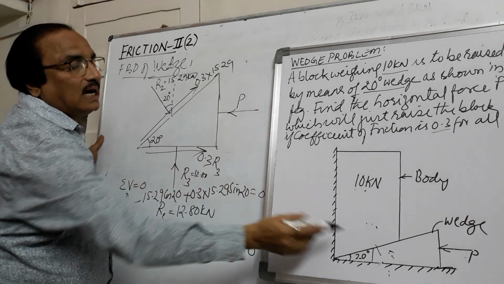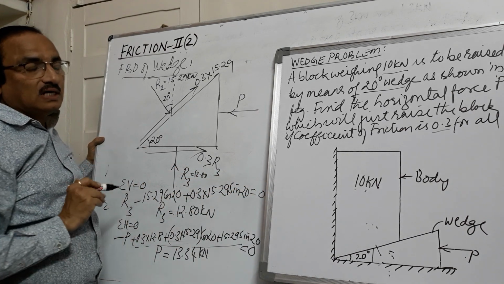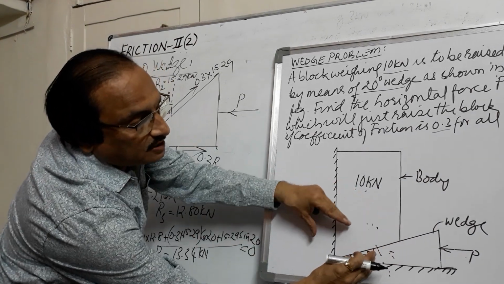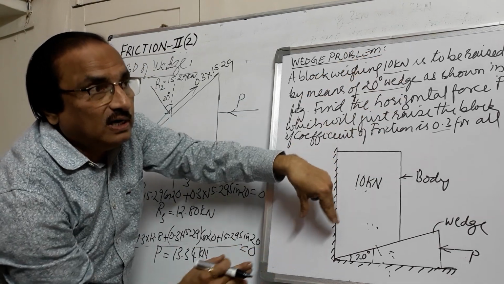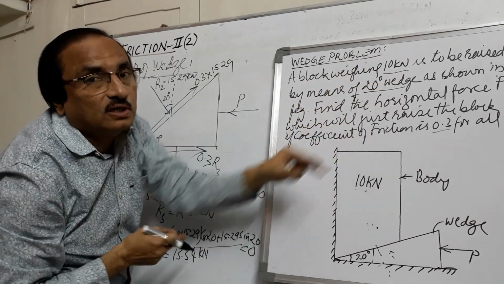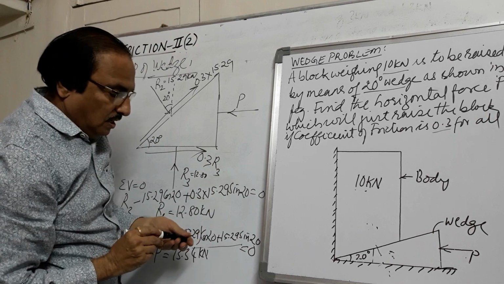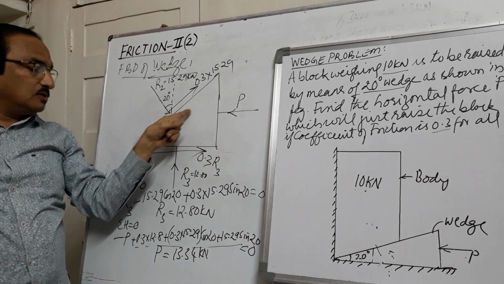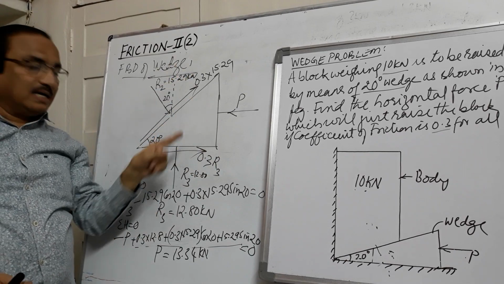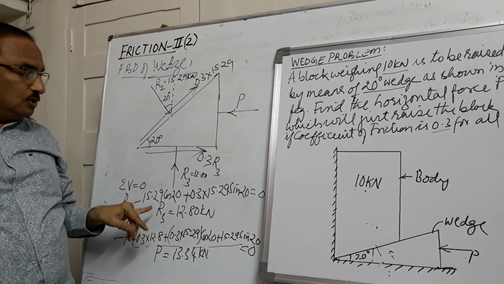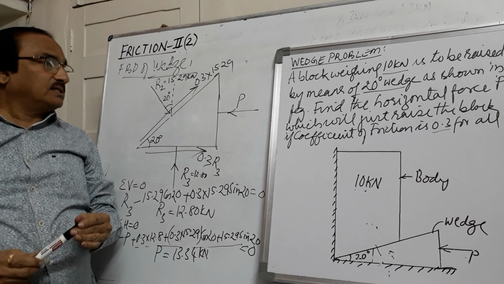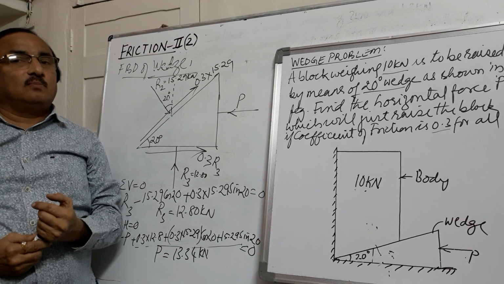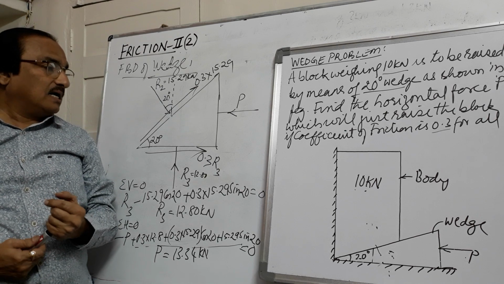So drawing free body diagrams is important for this, and giving the directions of the force of friction. This is important. If the wedge is moving left, it means the body will be moving on the surface. When it is on the surface, the force of friction will be down the surface. If the weight of the wedge is given, that will also come into play here. When you resolve it vertically, W will get added, so you get different values of the reactions. So these are the types of problems in wedges. Separately you consider the bodies and draw the free body diagram for that.